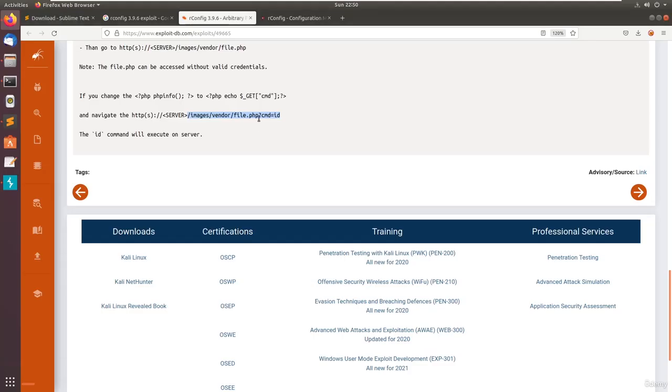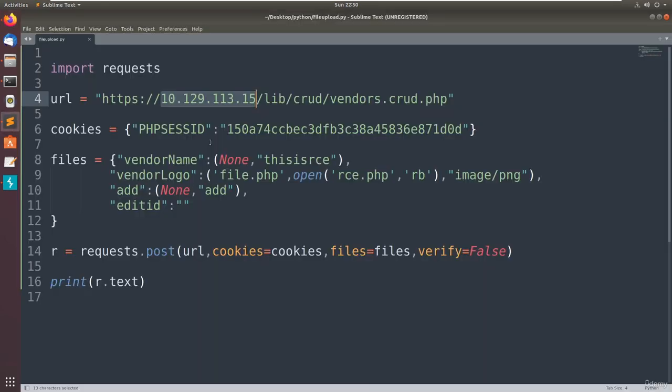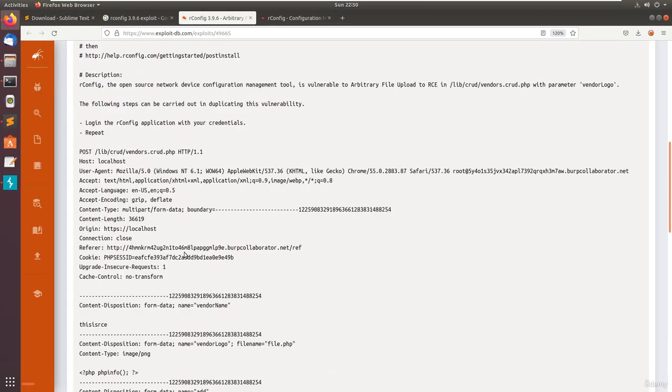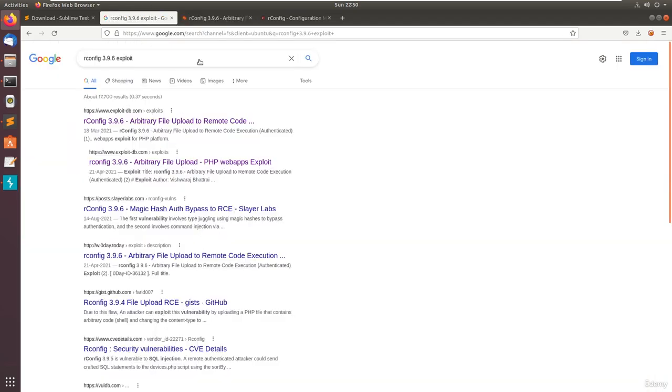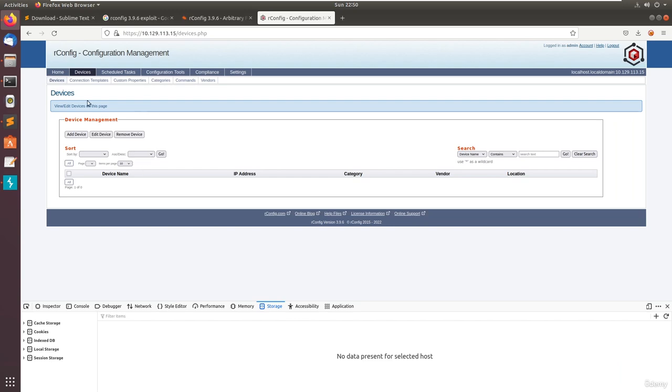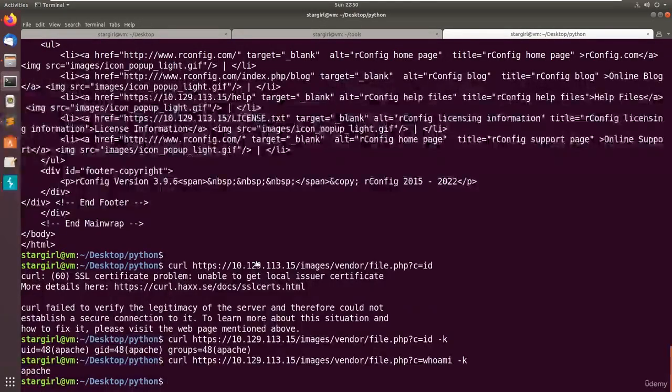So you can also edit the Python script, like host is equal to something input, or you can also use the command and arguments as well. So you can also customize this script as well. So this is a lot cleaner than the Python script in Exploit-DB. So that's all for this video. If you get the code execution on this rConfig, you can change the router configuration, and you can almost